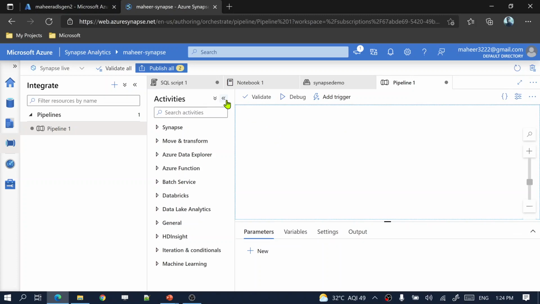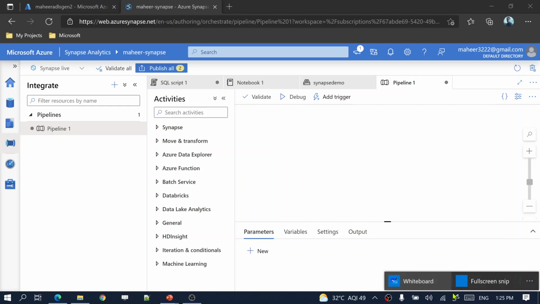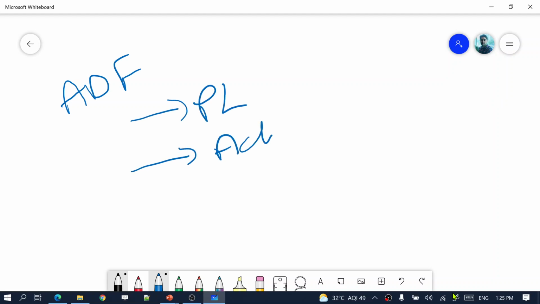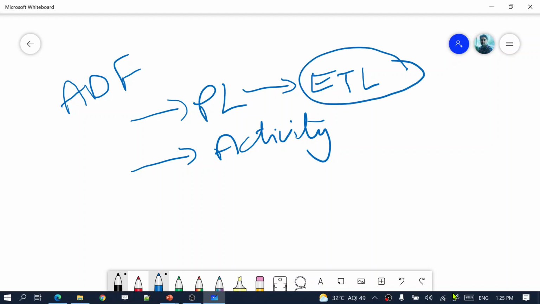I am going a little faster here. I am not explaining what a pipeline is, what an activity is, and all of these, as we explained them in the Azure Data Factory playlist. So let me open the whiteboard here. If you have seen my Azure Data Factory playlist, then you know what a pipeline is and what an activity is. Here I am trying to give you a very quick idea. A pipeline is your ultimate output actually. This is where you create your entire ETL pipeline with your control workflow according to your need. That means first execute some task and then execute another task, like that.